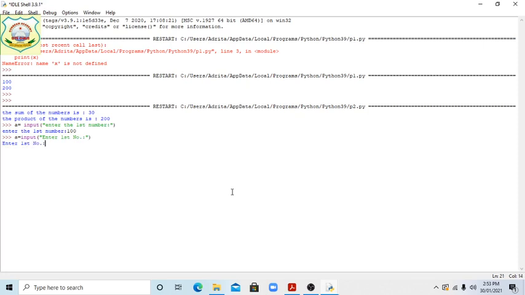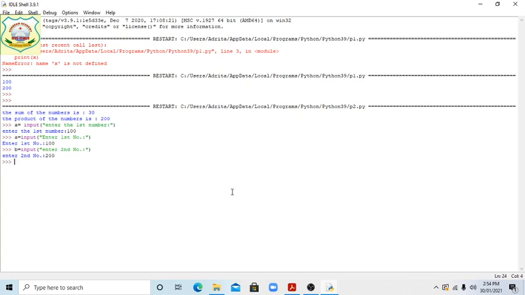Now b equal input, suppose we are writing here 100, then b equal input, enter second number. Then enter second number. Suppose we have given here 200.